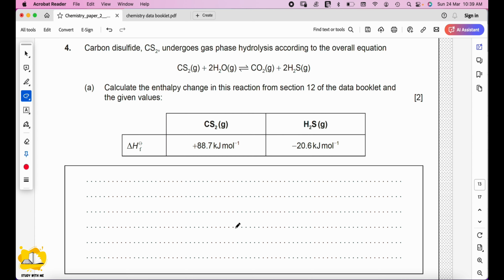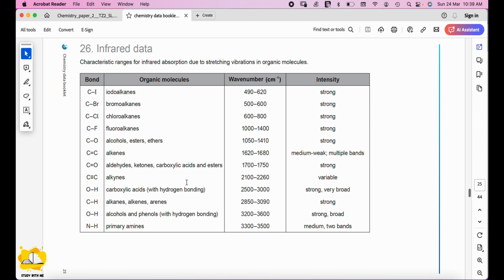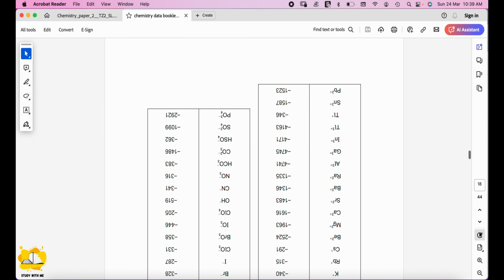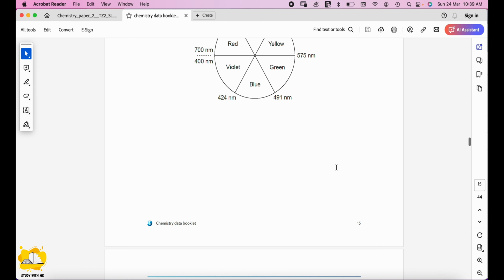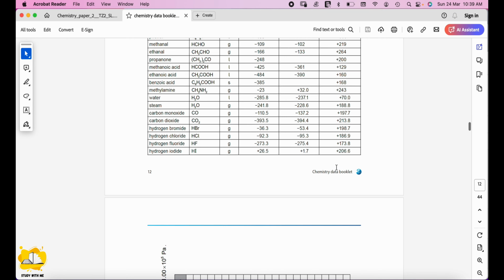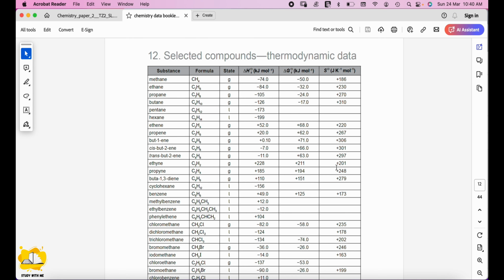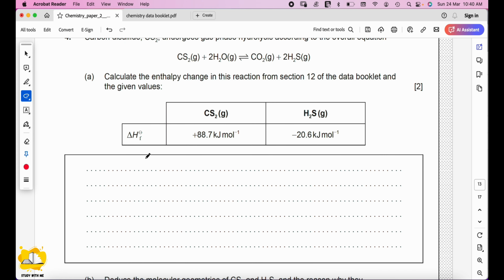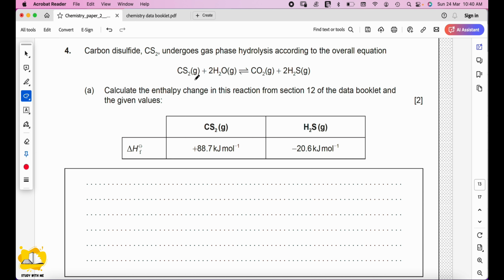So when you refer to this section 12, you will get the number for delta Hf. All right, so based on that section, CS2 is provided, H2S is provided, and water, steam, will be negative